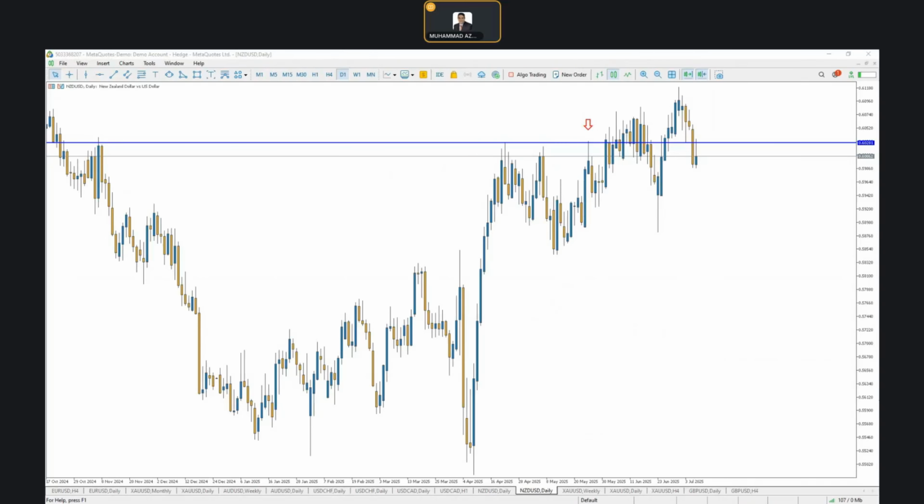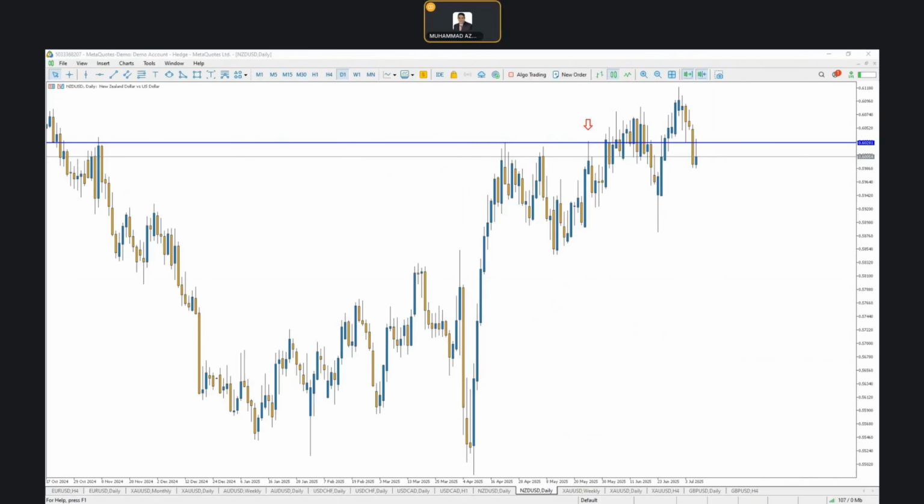Now, if the OCR is higher than expected, like we get a change in the OCR, and the change is going to be greater than 3.25%, then again that's an unexpected rate hike, and this would signal rising inflation concerns or stronger than expected economic resilience. This would likely boost the New Zealand dollar as investors anticipate tighter policy, and this means we are going to get a bullish leg in the NZD USD currency pair, benefiting from increased interest rate differentials.